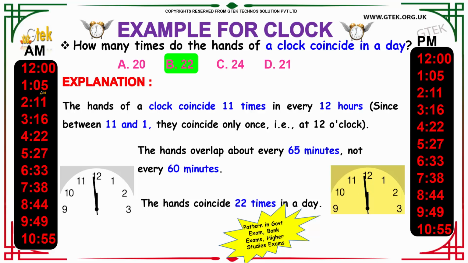At 12, then 1:05, 2:11, 3:16, 4:22, 5:27, 6:33, 7:38, 8:44, 9:49 and 10:55. Similarly, in your post meridian as well. Hence, option B,